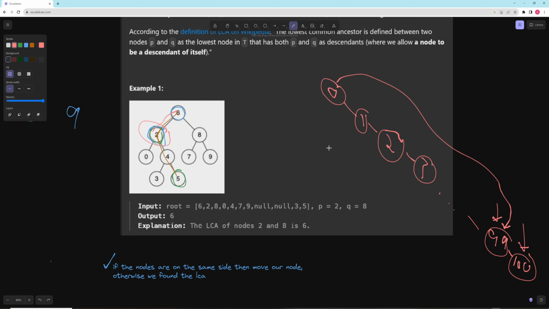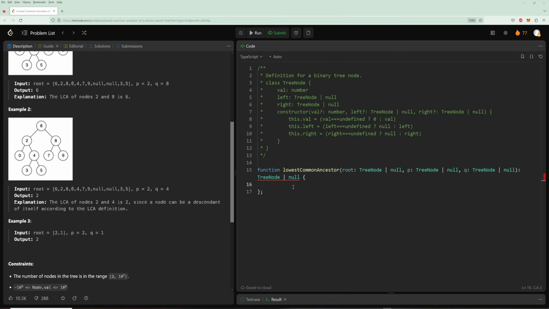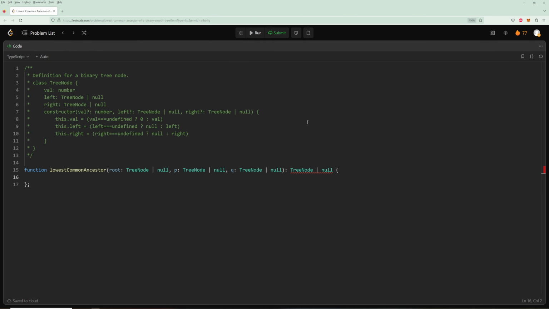So that's going to be the optimization with a binary tree instead of just doing a manual search through all the nodes, which we're going to be doing for the next problem, LCA of a generic tree, which we'll do tomorrow probably. So let's code up this one. Let's full screen. Okay, so we're basically going to say